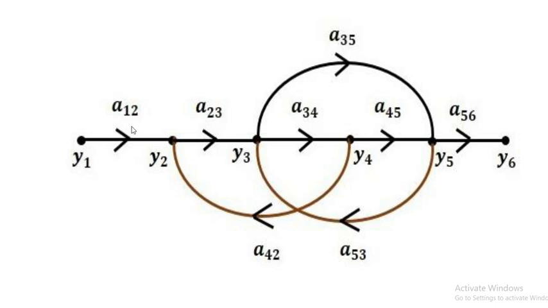One is it is having direction. So if you see, this is the forward direction of this branch, and this branch which is joining y5 and y3 has a reverse direction, or reverse arrow like this one, because the signal is flowing from this direction to this direction, and the gain is a5u3, we can say.